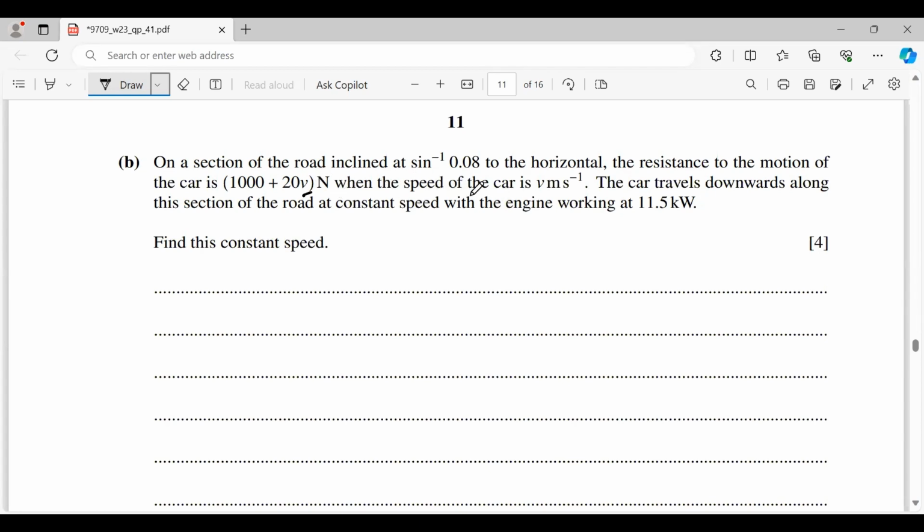When the speed of the car is v meters per second, the car travels downwards along the section of the road at constant speed with the engine working at 11.5 kilowatts. This power. So I will sketch this condition. If this is the car